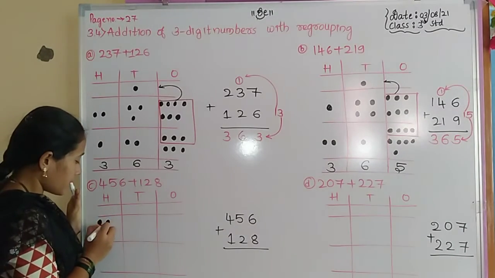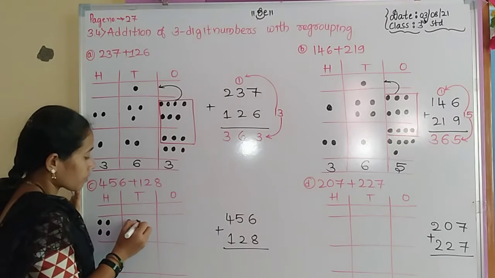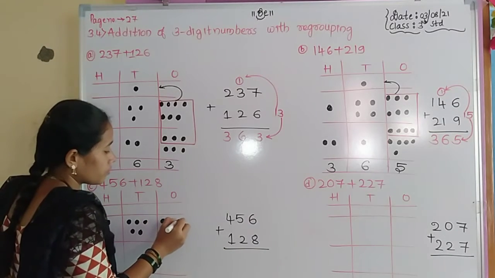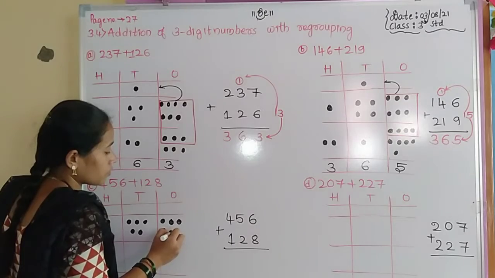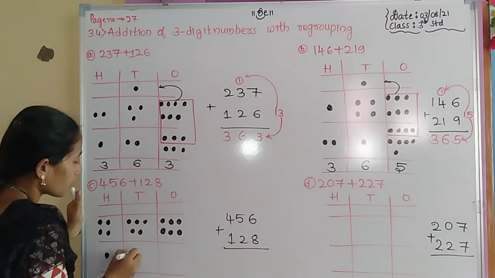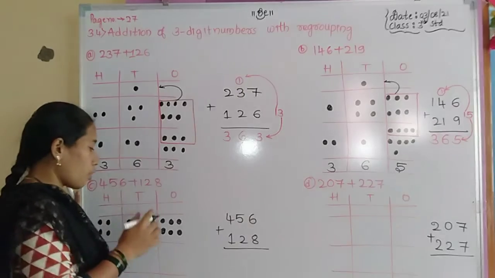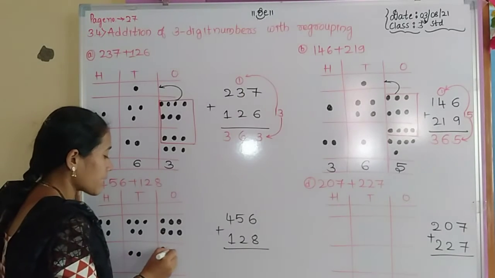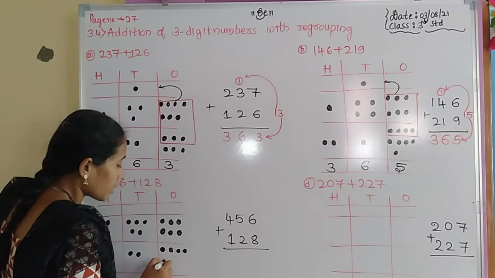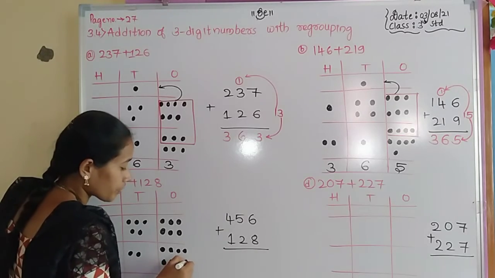According to that addend only we have to draw the dots to represent those digits. 6 in the ones position, and 5 in the tens position. Okay. And the second addend is 123. If we get a single digit in the ones placement only, we do not make the what? Regrouping of the number. As usual, write the number only. If we get two digits, then regroup the number and give carrying to the what? Next placement, that is the tens placement.